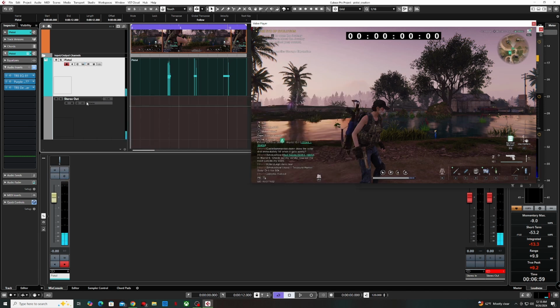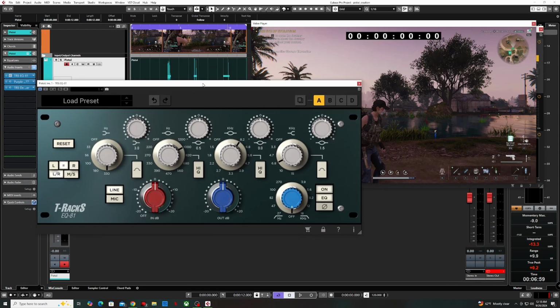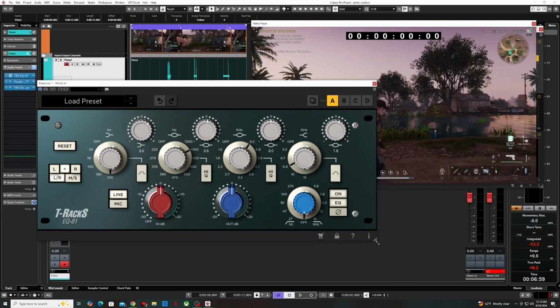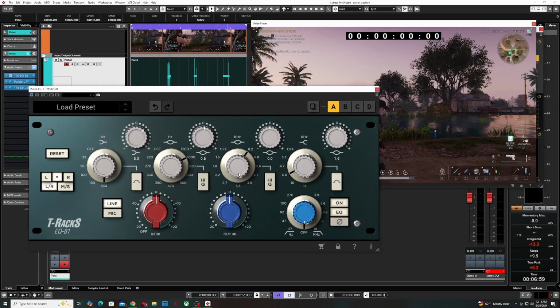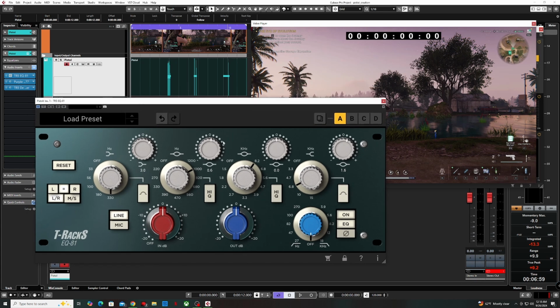Okay, so this is where our EQ has to come into play. So I did my subtractive EQ. I'm actually using one of T-Rac's 1081 Neve style EQ. It could be any EQ you want to use. And this is just my opinion, but sometimes when you have an EQ like this, it's good to have just limited options compared to a regular EQ,